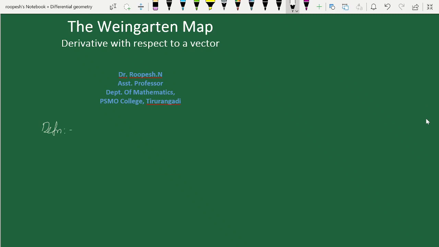Definition. Let f from U to R be a smooth function, where U is an open set in R^(n+1),